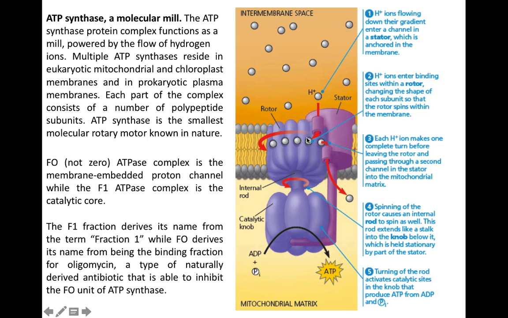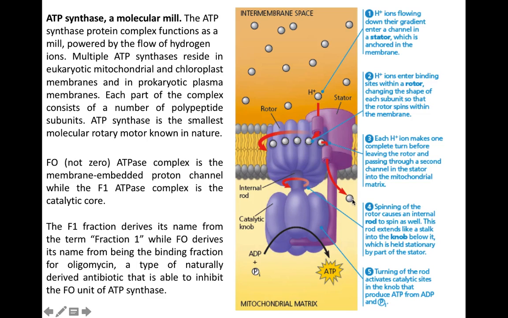So binding of the protons changes the shape of each subunit, and this leads to the spinning of this rotor. So this rotor starts spinning by the binding of these protons, and each proton that binds to its binding site would complete one rotation before it can